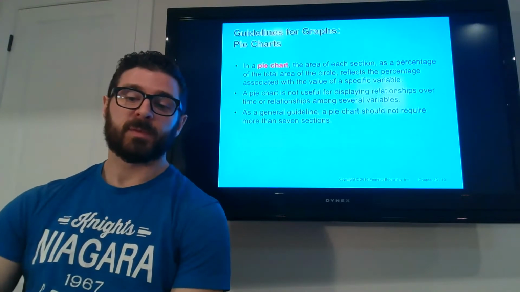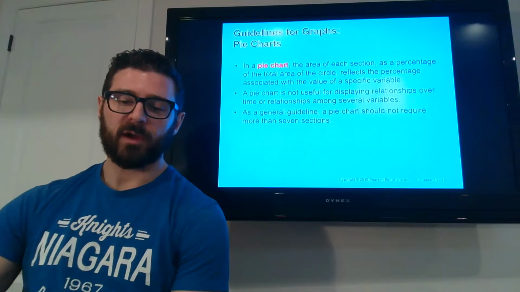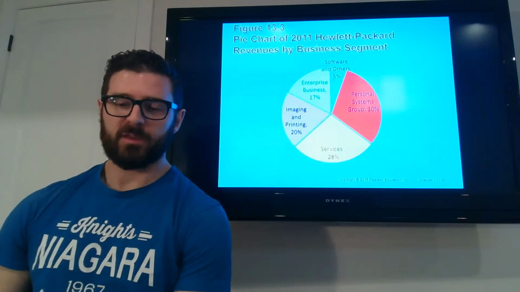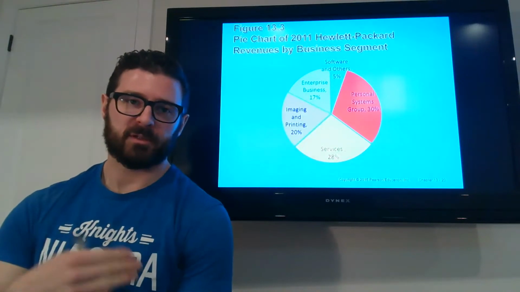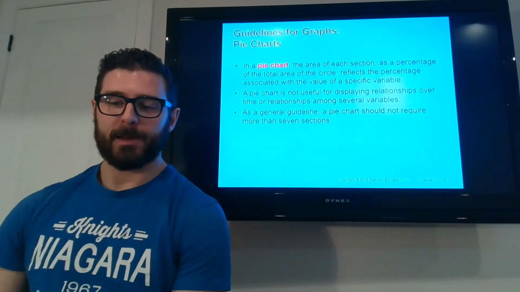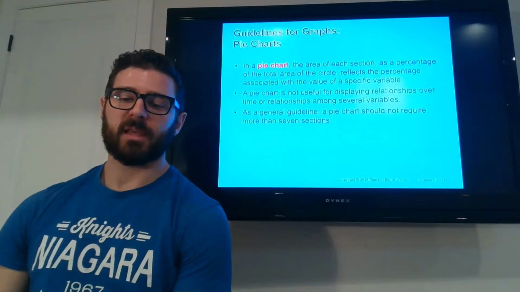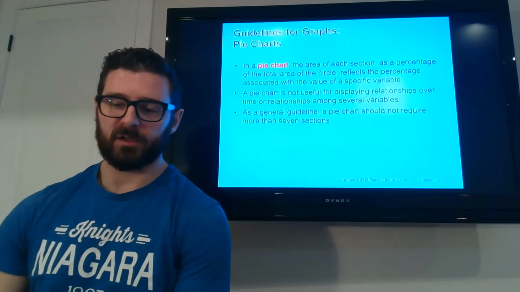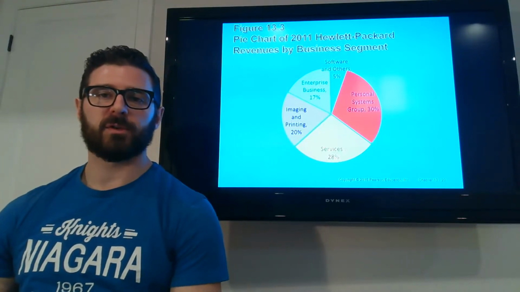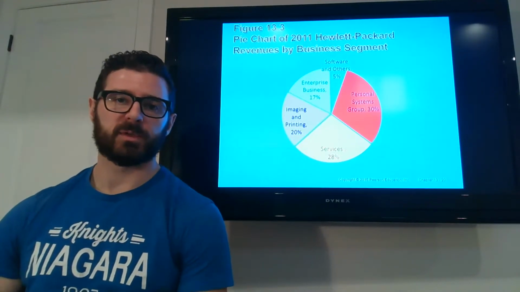Next, we'll talk about some specific types of graphs. So we have pie graphs or pie charts. I think we've all seen a pie chart, but it's a circle split into slices of pie. Here it reflects a percentage of a specific variable. In using a pie chart, make sure that all of your variables add up to 100%.